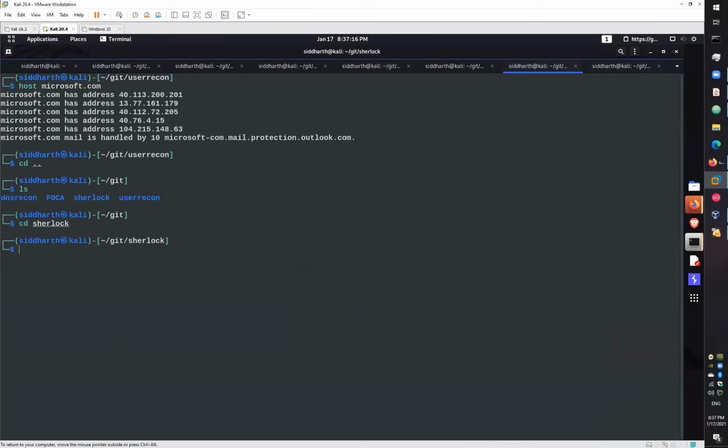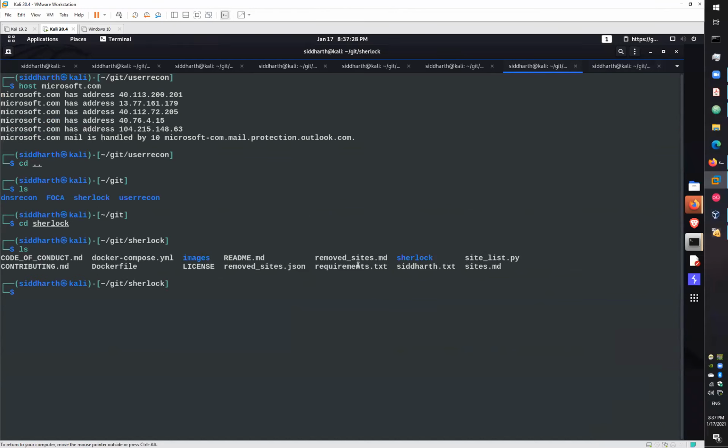You can write a command like pip install -r requirements.txt. We have a requirements.txt file here.